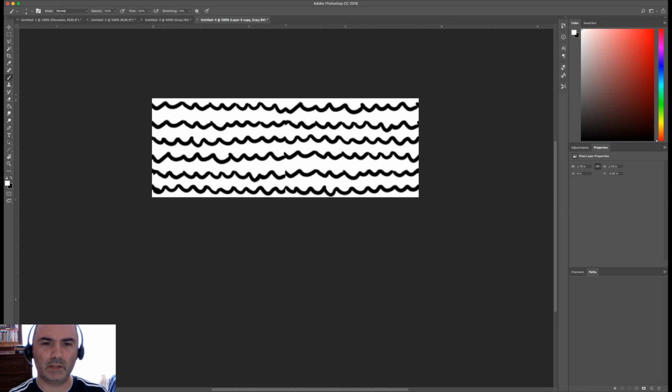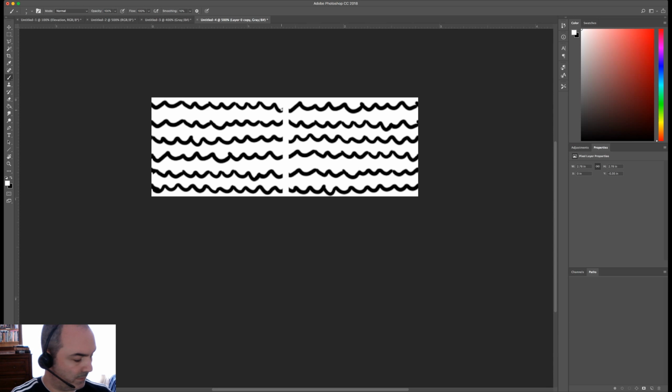Whether you've got to erase or draw in white all totally depends on how you started organizing your layers. So you can kind of see the seam pretty badly. But